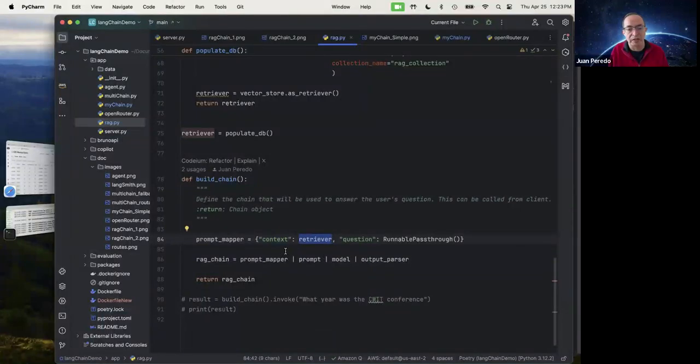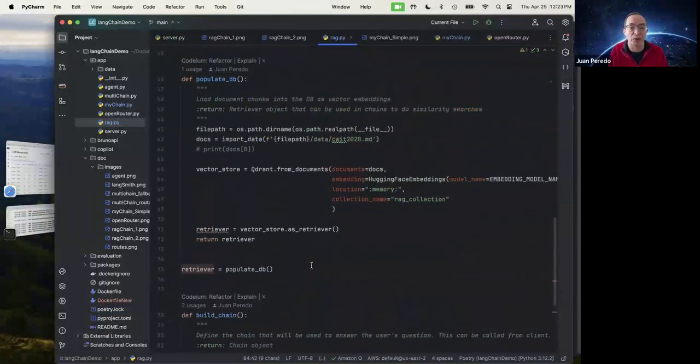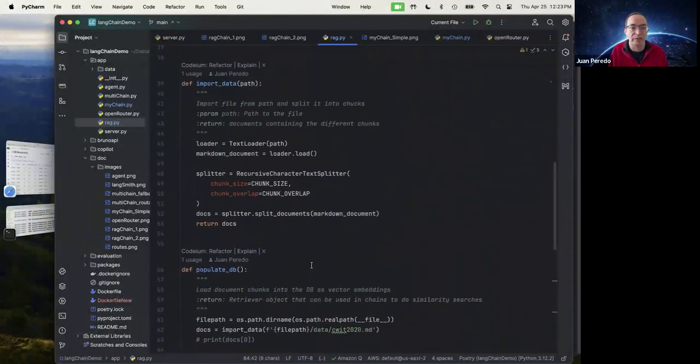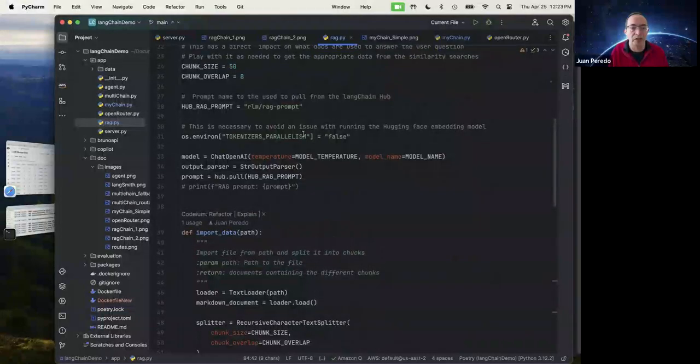But what is our prompt, right? So I'm going to take this information from the documents and the question. I'm going to pass it to the prompt. But what is our prompt? I haven't shown you a prompt here. And that's because I've actually taken the prompt and pulled it down from the Langchain hub prompt.